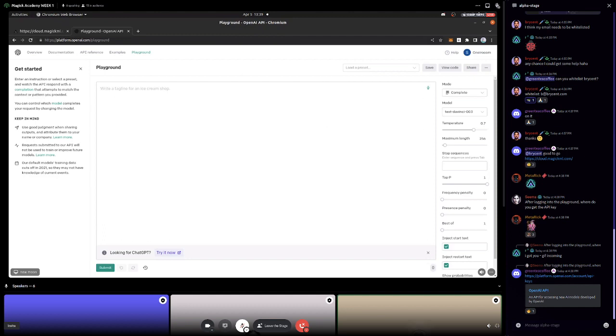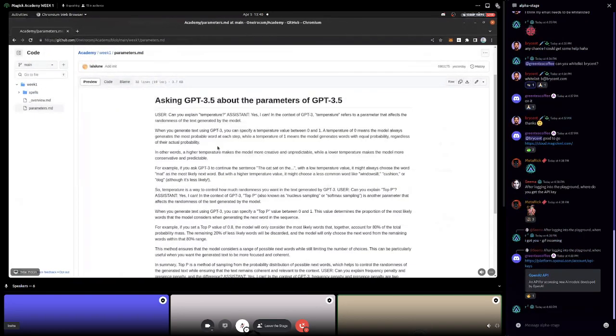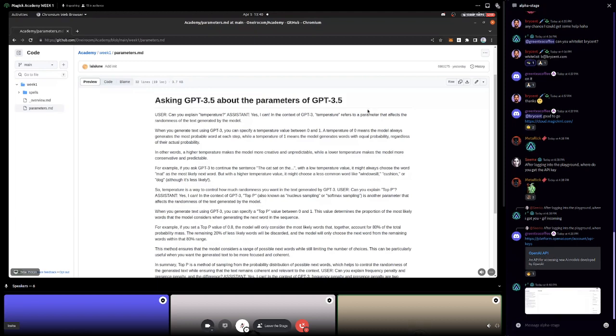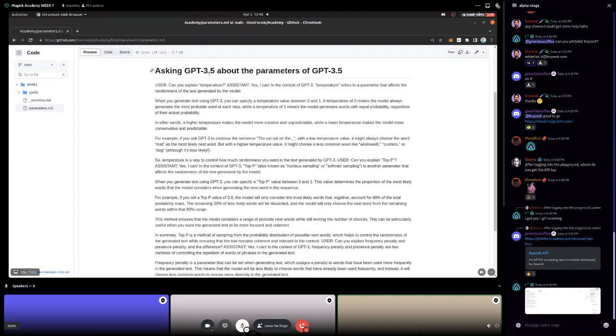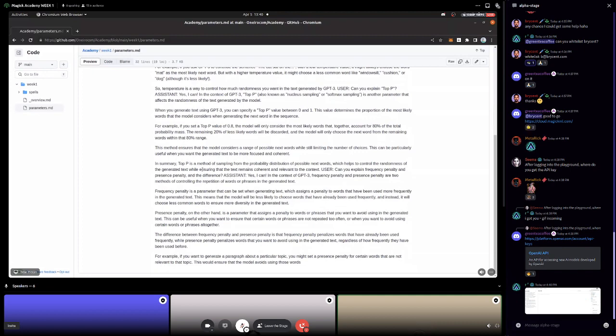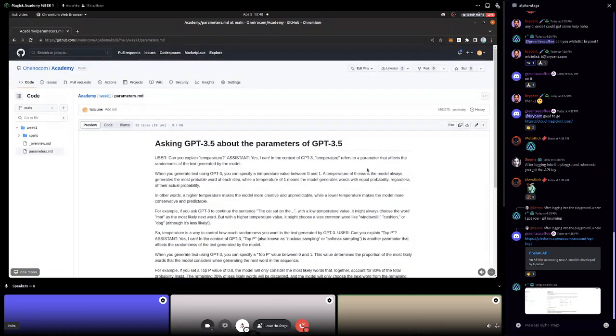I'm going to go over what these parameters are, but I've also asked ChatGPT to make a really nice list of it. Here we go. I'm going to pull this over here. I actually asked GPT 3.5 about the parameters of GPT 3.5. However, all of the parameters for all of the 3 and 4 models are the same. And I kind of came down and got a really nice description here. You could probably clean it up with some bolding, but I'm going to go over it myself.